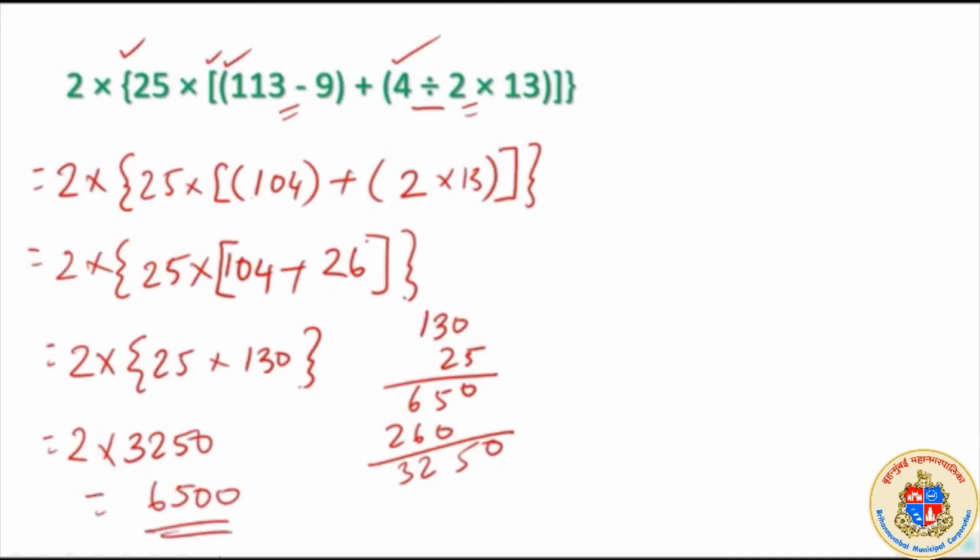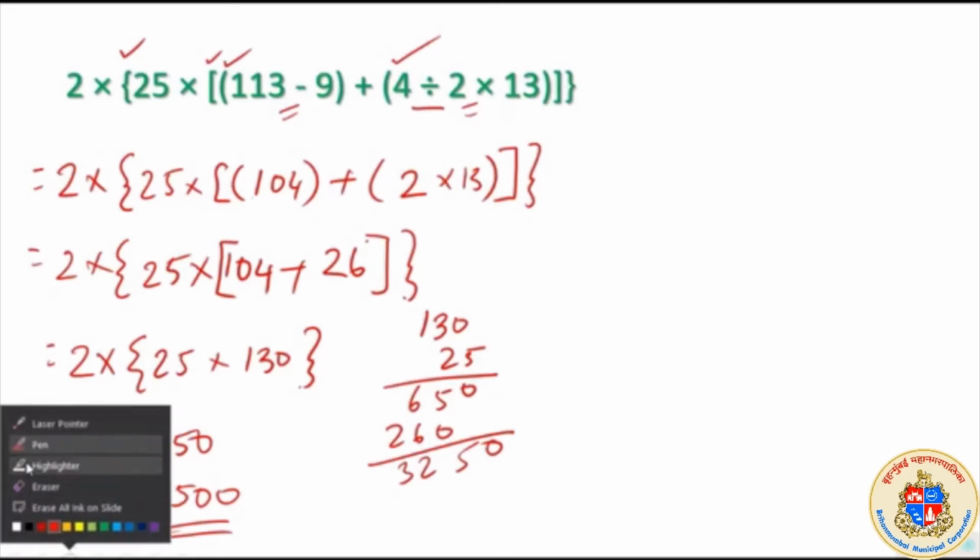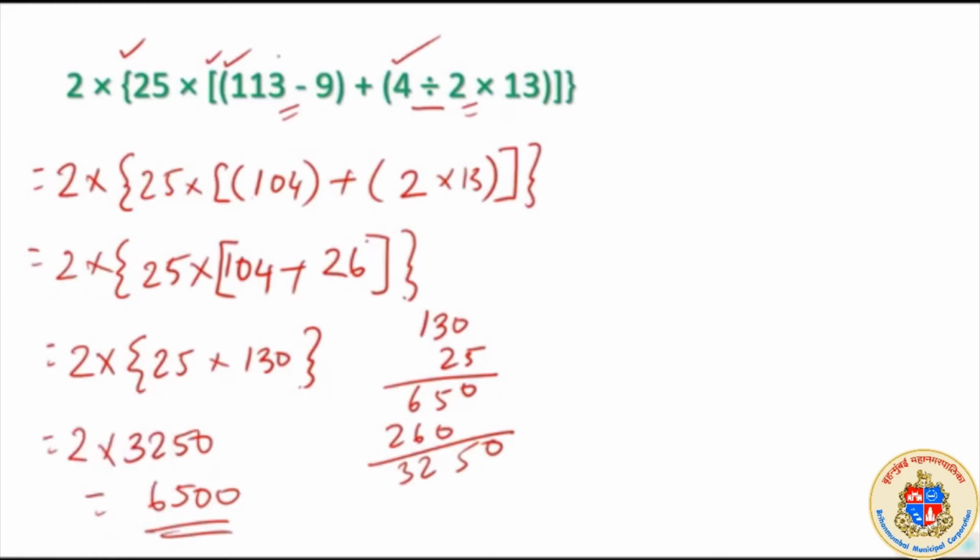Follow the principle of bracket opening in such a way that the innermost bracket will be opened first. This is what I did first. First I attended the innermost, this one, then I attended this, then this result, and again within this square bracket this one attended, so the result is this, then attended these two within the bracket, then at last the outer one. 3250 is the answer. So my dear students, you should be very confident and clear about this order of doing.